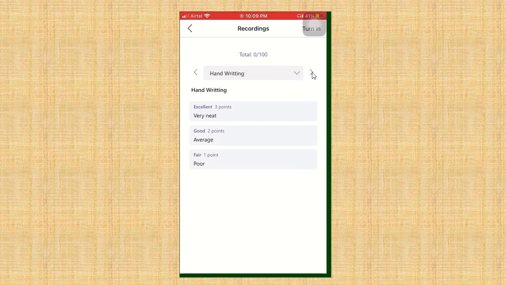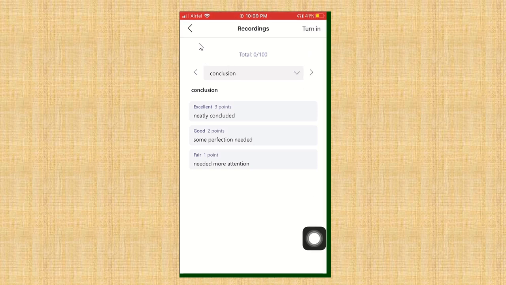The second rubric is about handwriting: very neat, average, poor, and how many marks you are getting for neat handwriting. Another rubric is no mistakes: you will be getting 3 points with an excellent grade, 1 to 5 mistakes you will be scoring 2 points, and more than 5 mistakes only 1 point you will be getting. Another is notebook and conclusion, how you conclude the examination, and there is a chance for you to get marks for that also.